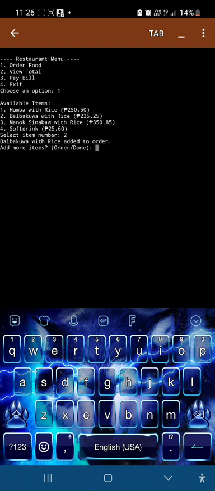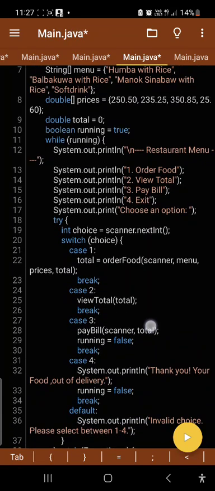The program runs in a loop until the user chooses to exit, which is number 4.